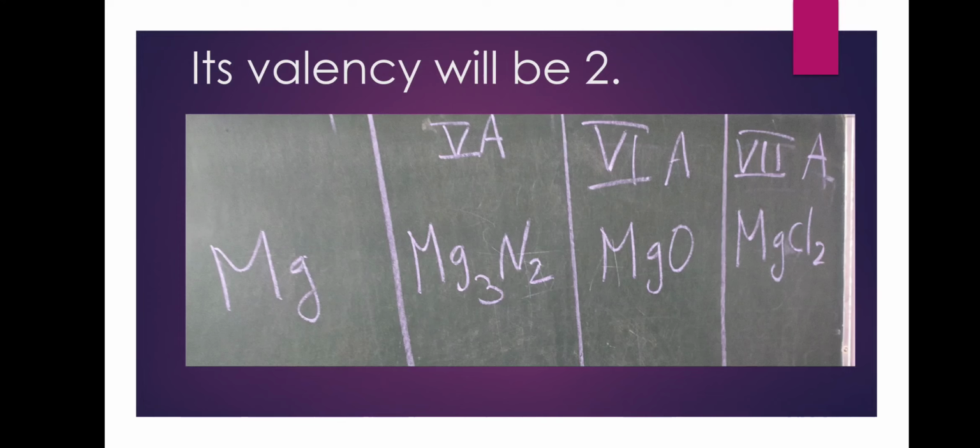Now next. So here is the answer. Like what is the question? What would be its valency? An element belongs to group 2. So element belongs to group 2 is what? Magnesium. And write the formula of molecules of compounds it will form with elements in 5A. So in 5A nitrogen is present, and when magnesium reacts with nitrogen it forms magnesium nitride, and the formula is Mg3N2. When magnesium reacts with oxygen, oxygen belongs to which group? 6A. So it will form MgO, magnesium oxide, and in 7A chlorine is present, so MgCl2, magnesium chloride.